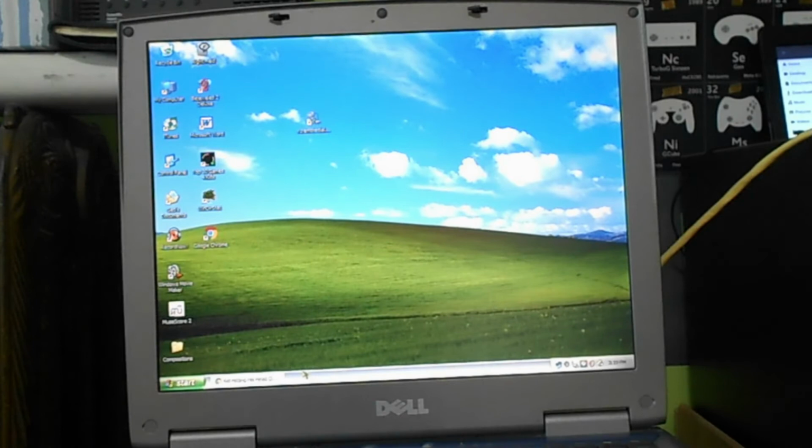This version of Chrome actually came out in 2016, Chrome 49, and it's the latest version that is supported on Windows XP. So if you want to do modern web browsing, you're going to want to get Chrome 49 because it's just the best to use, especially since it very well supports HTML5. So other than that,